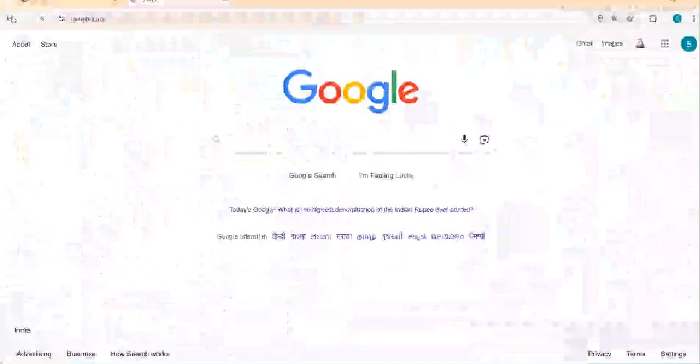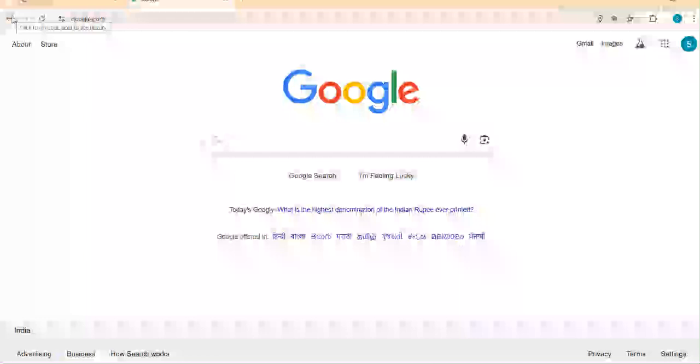Okay, now it's working. Because you are running in the online compiler, there is some restriction in opening